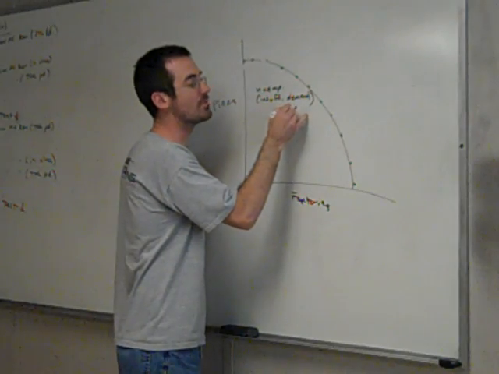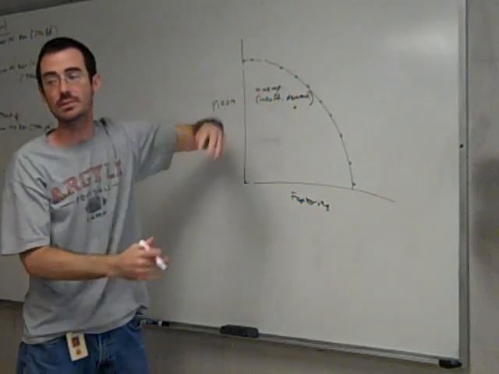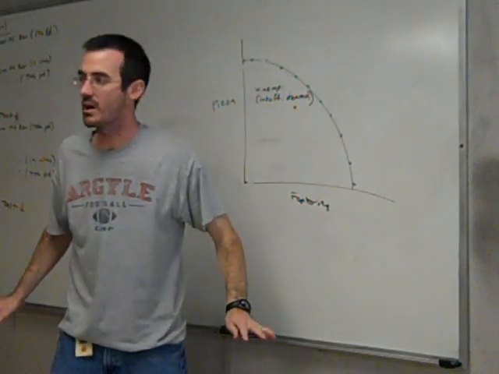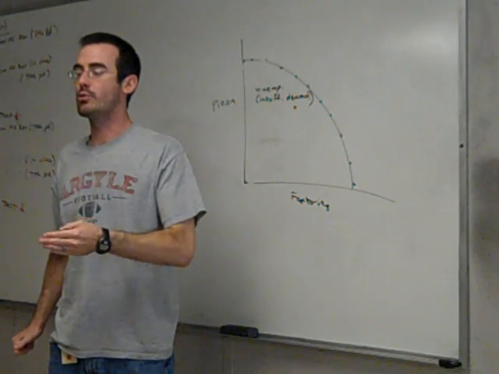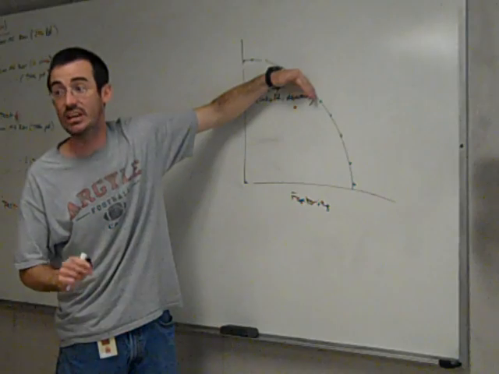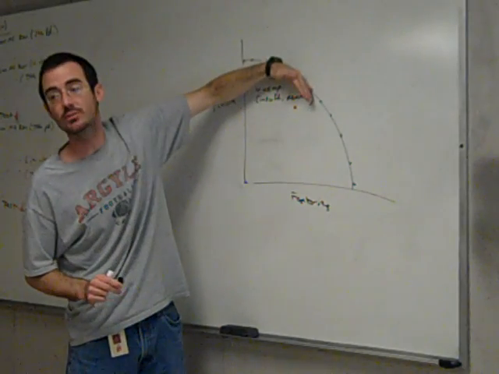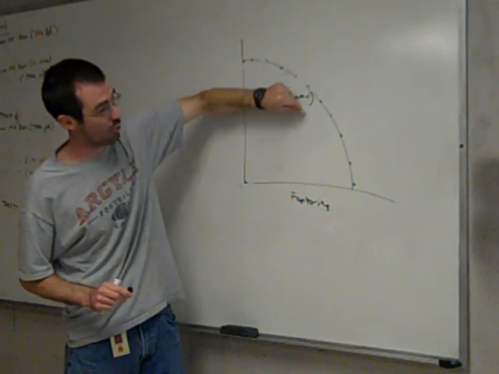If you're underperforming and all of a sudden you get your act together, that doesn't move the PPC. That's the classic trick in AP Economics with the PPC, to trick you into moving the curve when you have unemployed resources and you just put them to work. Those resources existed. They could have been working. The possibilities were out there, and they don't move. If you put them to work, you just move onto the curve, or towards the curve.